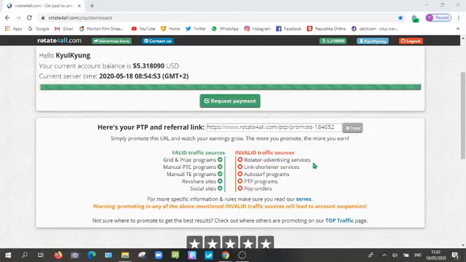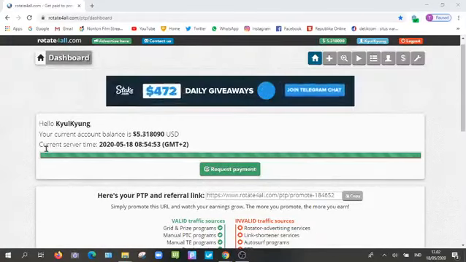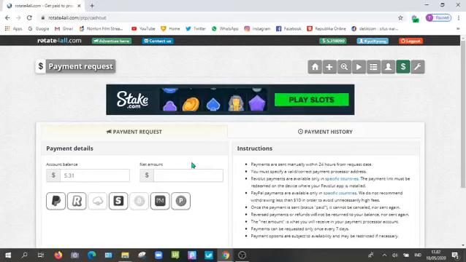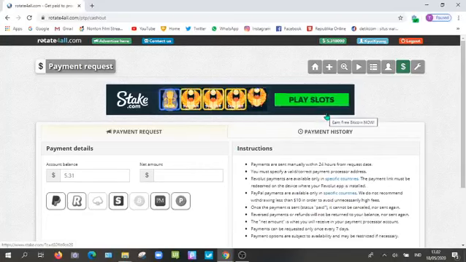And as you can see here, I already hit my threshold because the minimum withdrawal is $5, and you can move to this panel, the payment request, after you hit the threshold. And as you can see here, my balance is $0.31, and